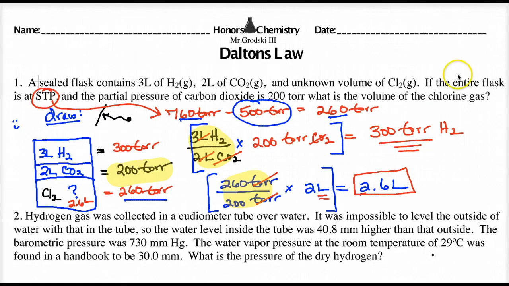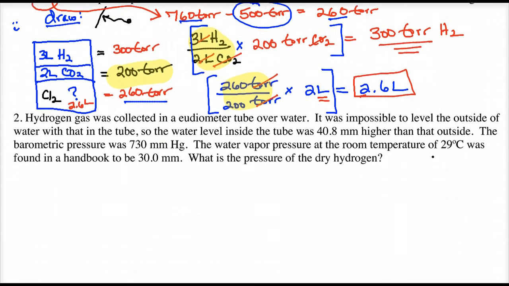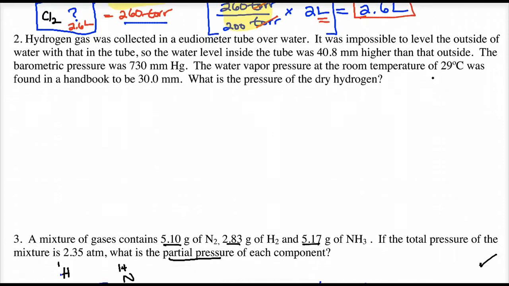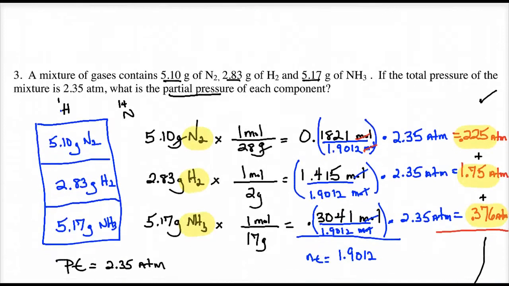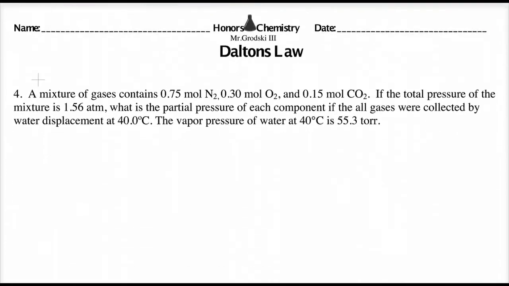So we are continuing on our journey through Dalton's Law worksheet here, and I asked you to do number 2 and number 4. So I'm going to do number 4 first, okay? And let's get started. So a mixture of gases contains 0.75 moles of nitrogen, 0.3 moles of oxygen, 0.15 moles